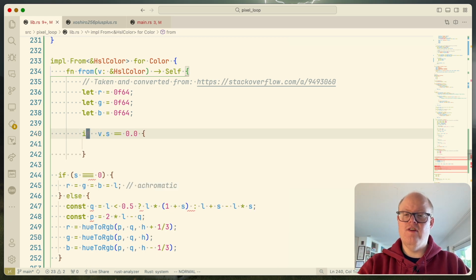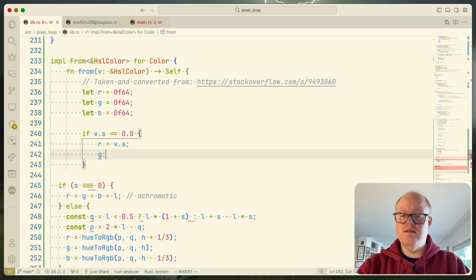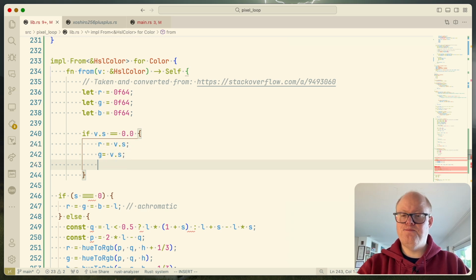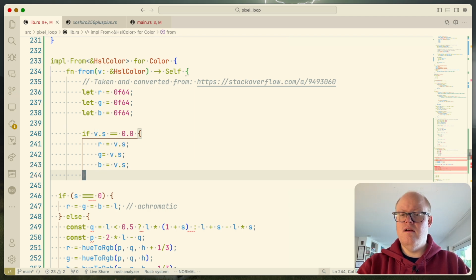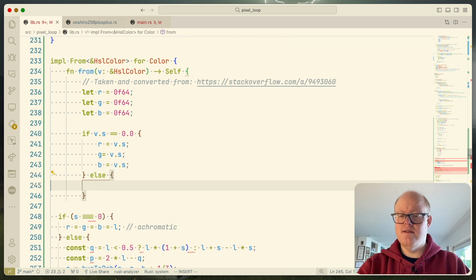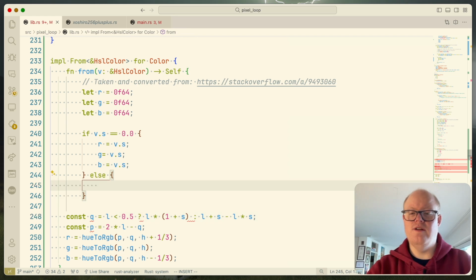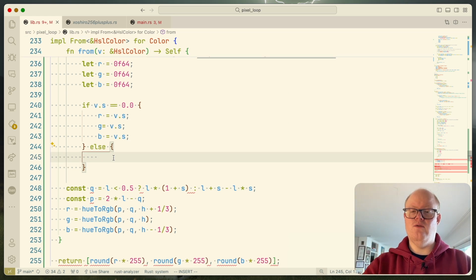so it's not let, it's if. So if this one is there, then we are saying that R is V.S, G equals V.S, and B equals V.S. Yeah, and then we are golden, I guess, and otherwise. So this can go, there we are. So then we have something like, I have no idea what this actually is here, but I don't really care